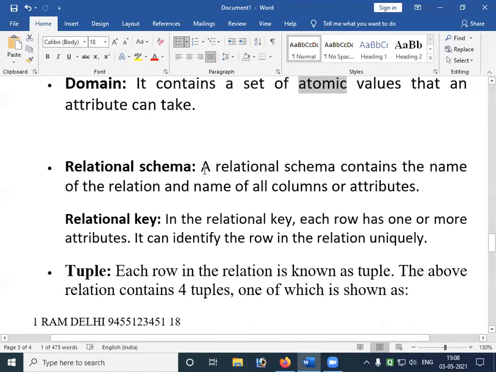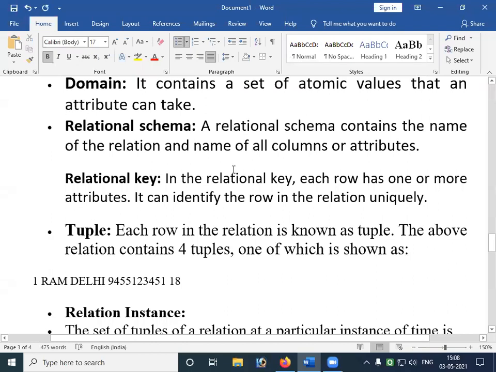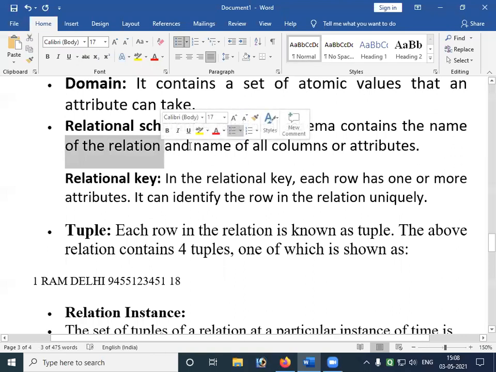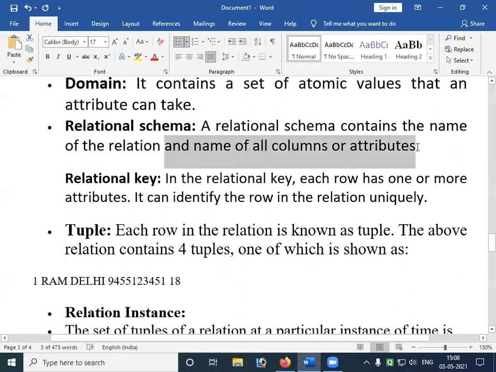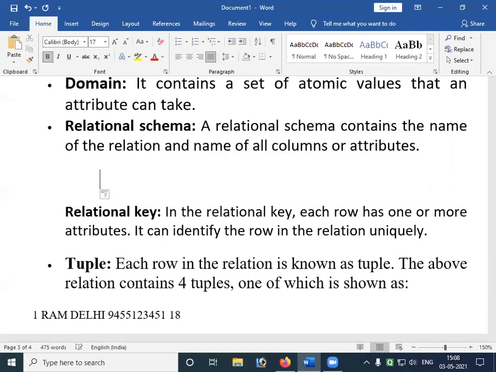Relational schema, very, very important. What do you mean by relational schema? A relational schema contains the name of the relation and the names of all columns or attributes.